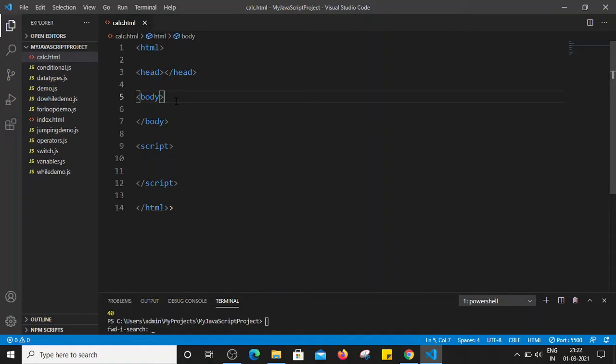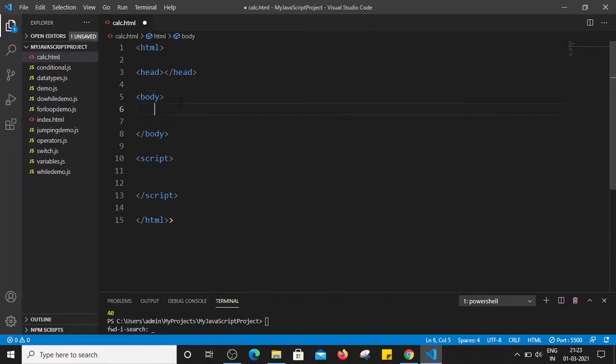So the user will enter two values in those two input fields, and we will multiply those two values and display the result below that. We will also give one multiply button. As soon as the user clicks on that multiply button, the result of the multiplication of those two input field values should be displayed to the user. Now let's see how we can do that using functions.